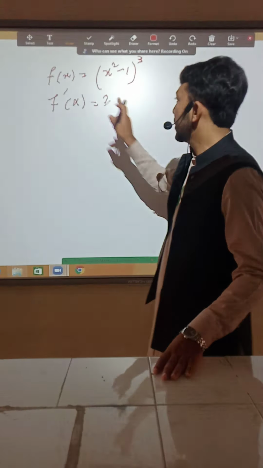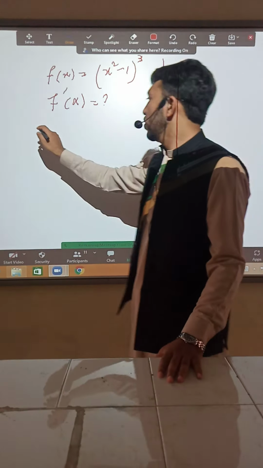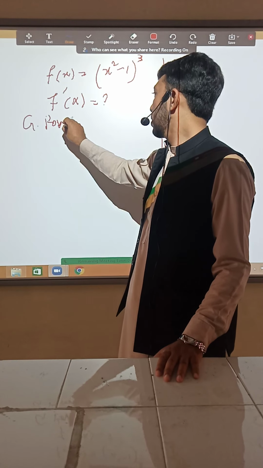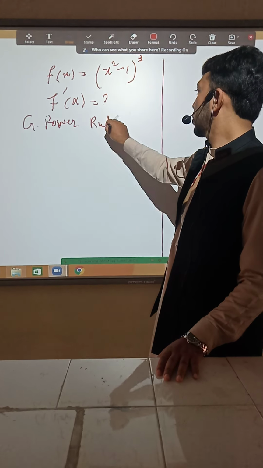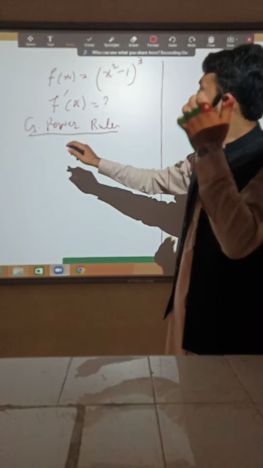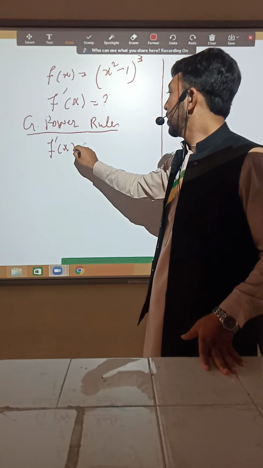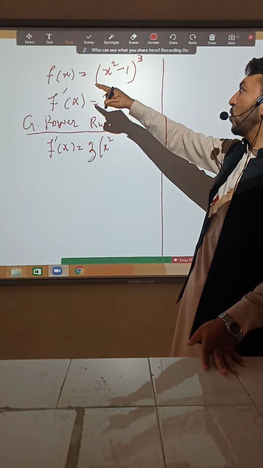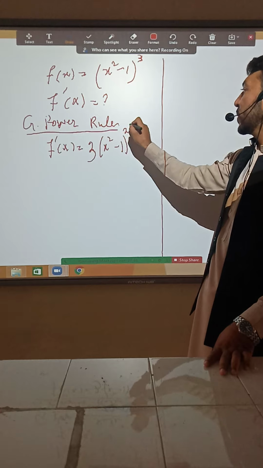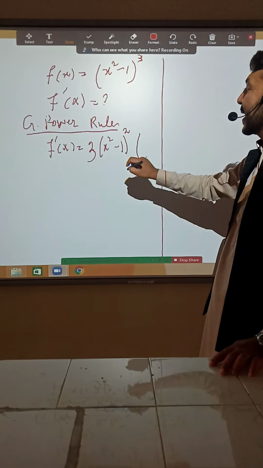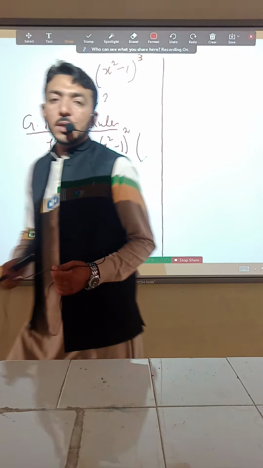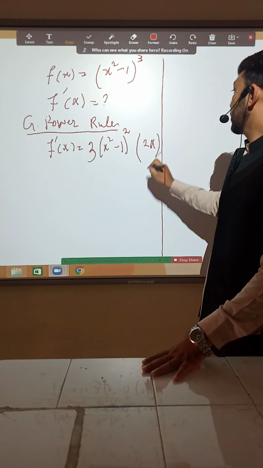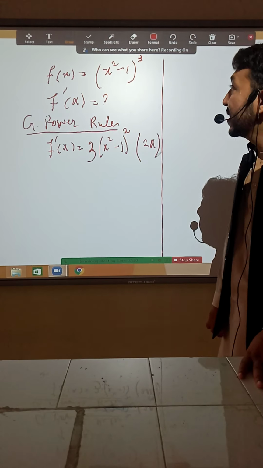एक तरीका तो ये है कि इसमें आप generalized power rule यूज करेंगे. अगर हम generalized power rule यूज करेंगे, तो जनरलाइज्ड पावर रूल में आपके पास f डैश ऑफ x होगा, 2 आगे आ जाएगा, सॉरी दैट इज 3, सो 3 आपके पास आगे आ जाएगा, पावर जो होता है वो आगे चला जाता है, पावर से आप 1 को सब्ट्रैक्ट करेंगे, सो 3 - 1 से 2 आ जाएगा और फिर इनर का डेरिवेटिव, तो x स्क्वायर माइनस 1 के ऊपर हम डिफरेंस रूल अप्लाई करेंगे, x स्क्वायर का डेरिवेटिव 2x होता है और 1 का डेरिवेटिव हमारे पास 0, तो इससे आ जाएगा 2x. सो इसका डेरिवेटिव आप इसी तरीके से भी फाइंड कर सकते हैं बाय जनरलाइज्ड पावर रूल.